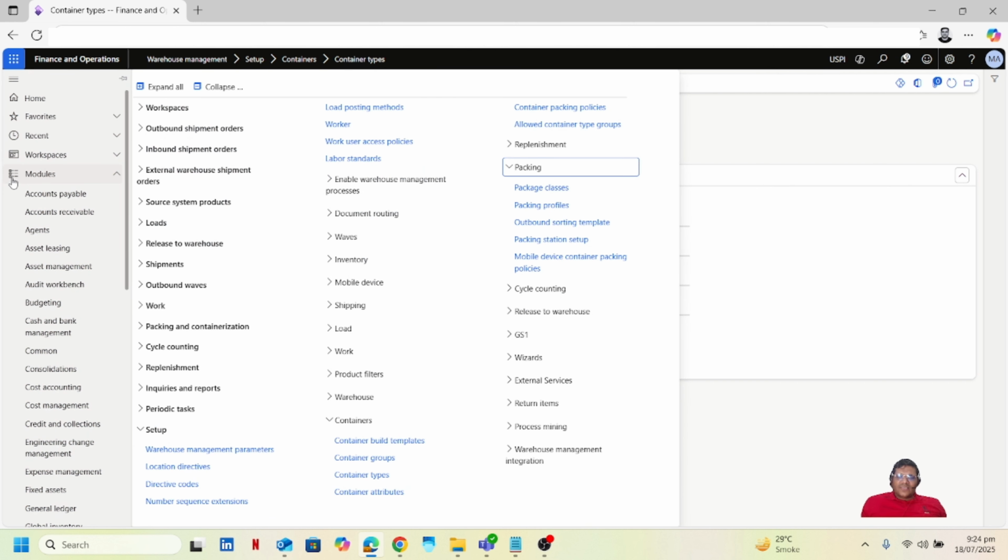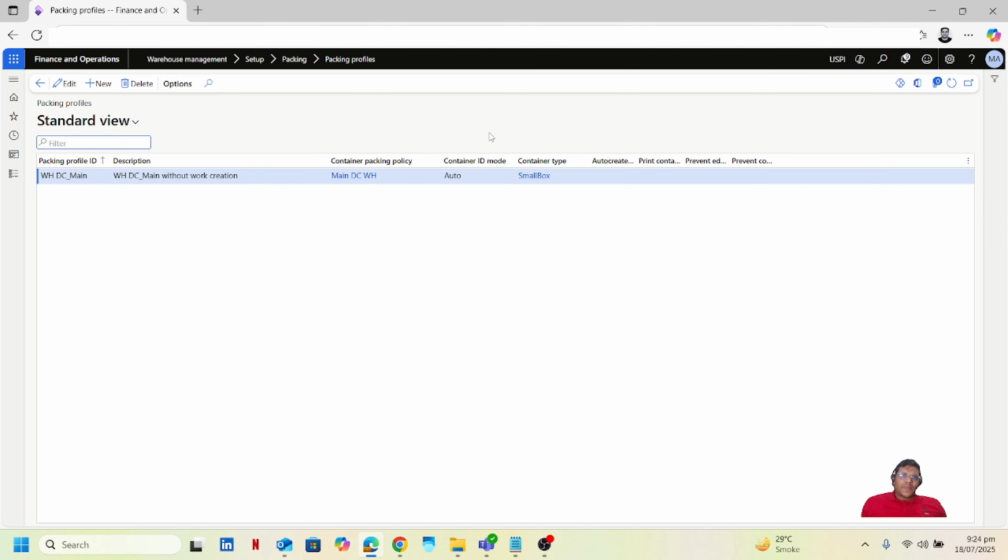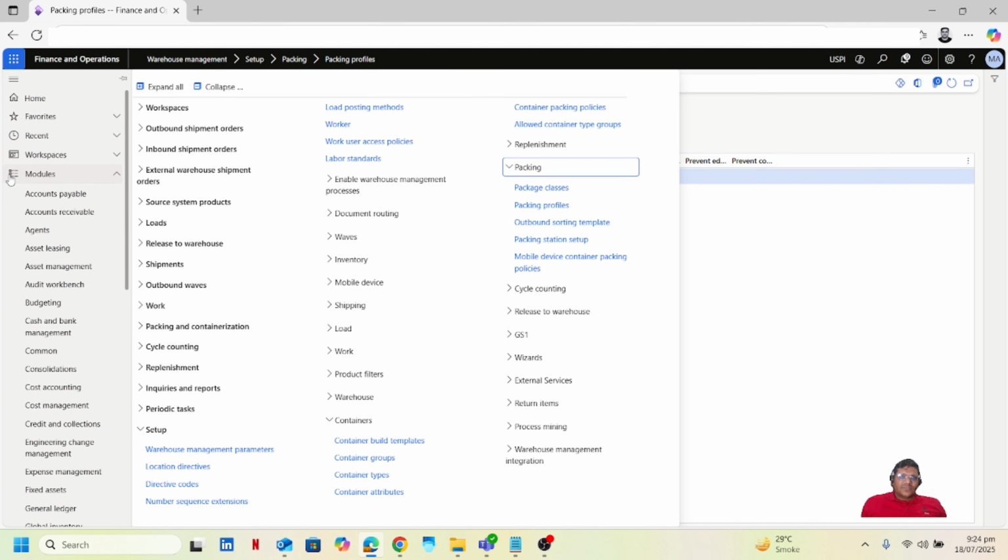For the second last setup, I will go to the setup under packing profile. I have created a packing profile, assigned the container packing policy that we have created earlier and the container type to this policy. The last setup is